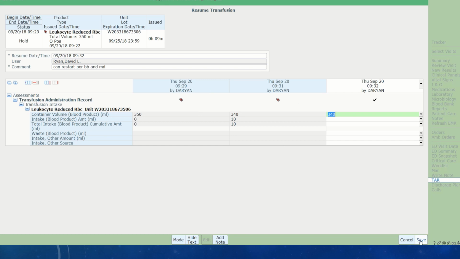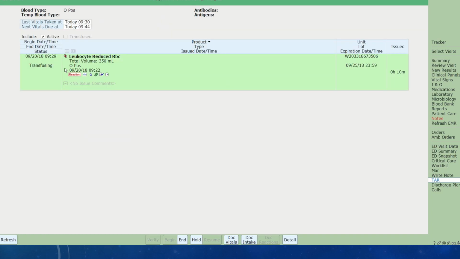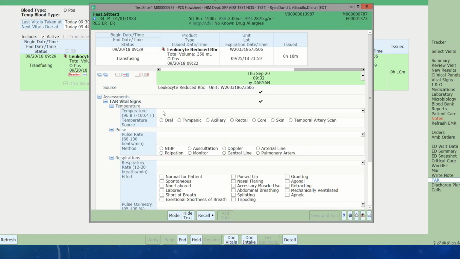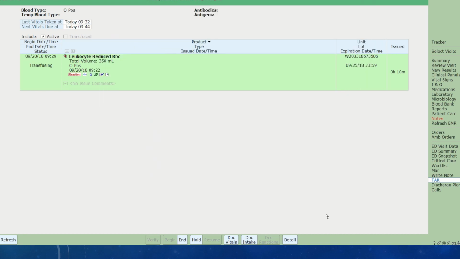And now you're going to hit save, and it's going to start the transfusion again. This would only be done if it's a reaction. If the patient had had no reaction, at the 15-minute mark, you would have hit doc vitals again. You would have done your vital signs 15 minutes post starting the transfusion. You would have entered them all, hit save and exit, and then, like I said, if they had no reaction